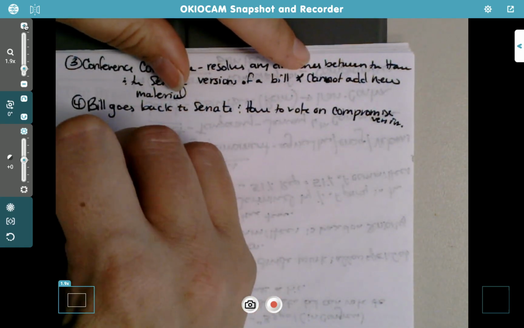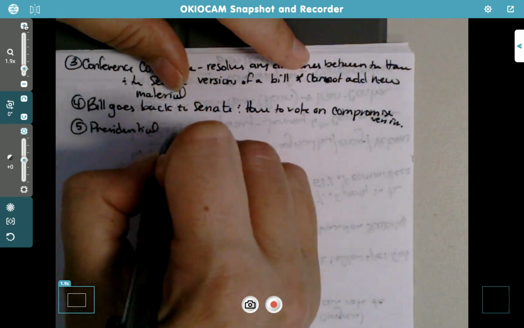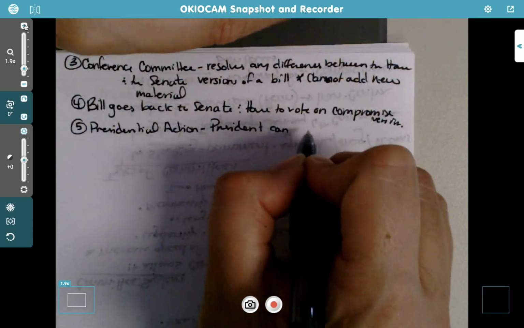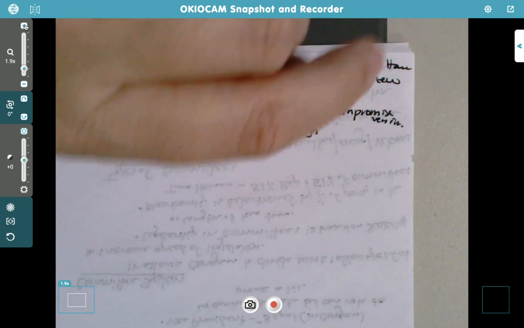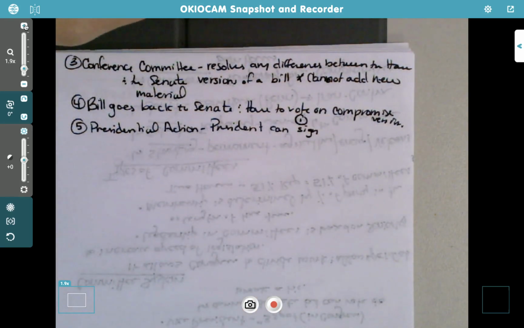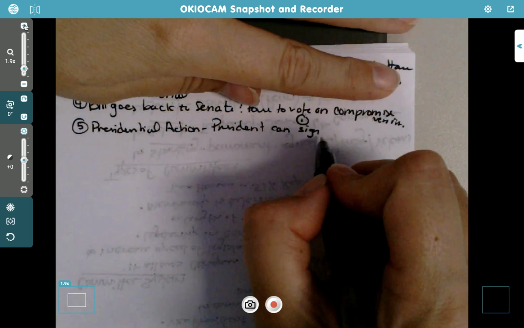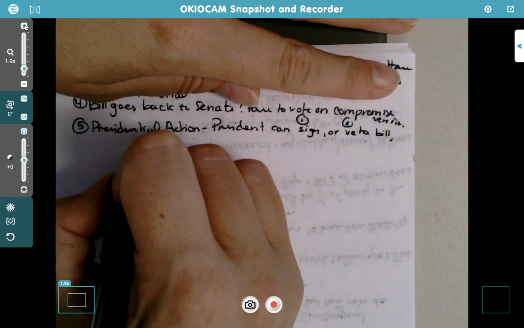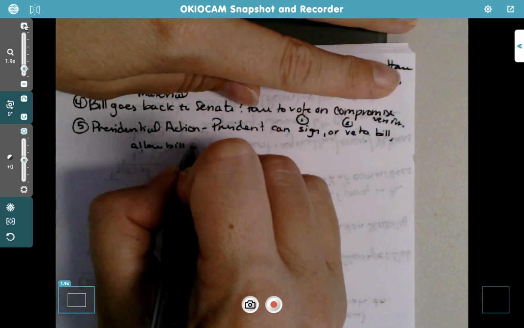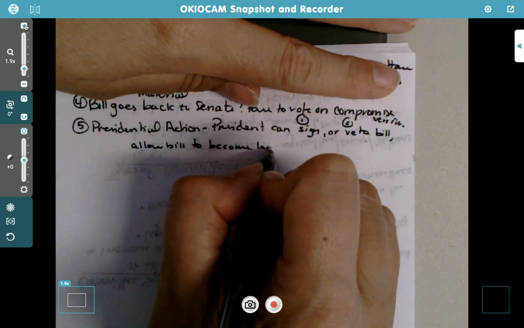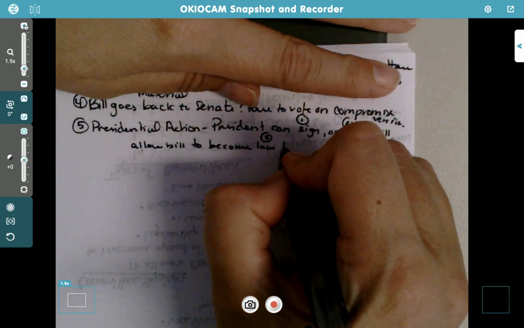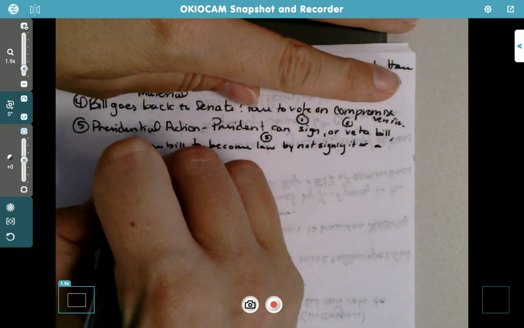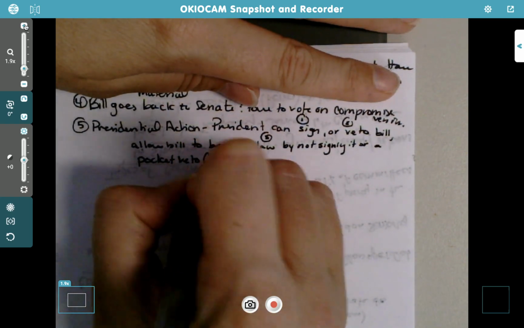5. Presidential action. Okay, the President can sign. There are 4 things the president can do. I'm just going to write a 1, 2, 3, 4 on the 4 things they can do. Sign or veto. Over veto, I'm going to write 2. Bill. Allow bill to become law. 3 above law by not signing it, or a pocket veto (doesn't sign it)